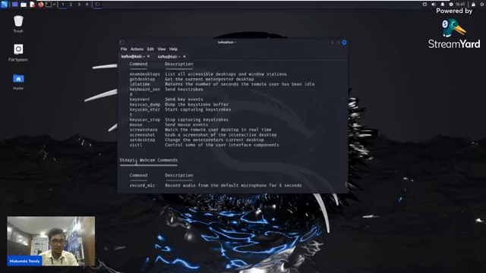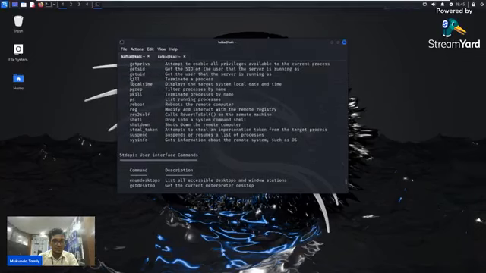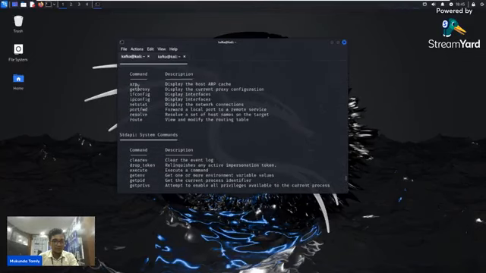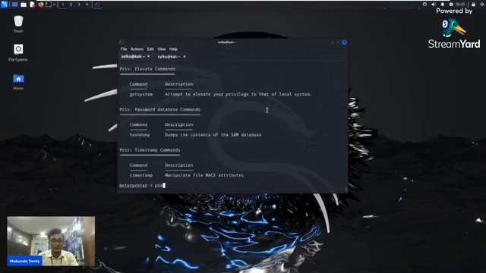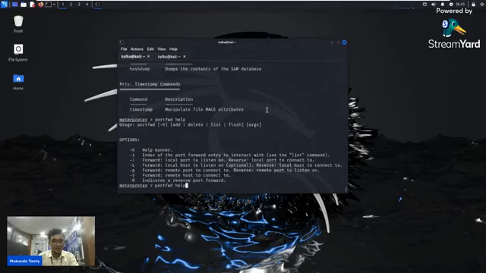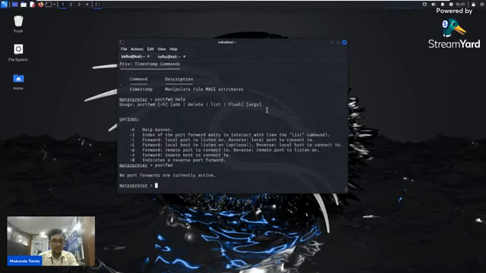Let me check. Yeah, port forward. Now how we can check it: portfwd help, or just portfwd.